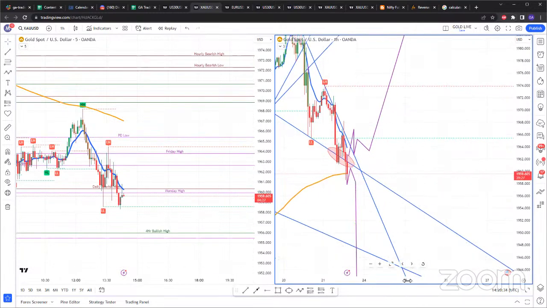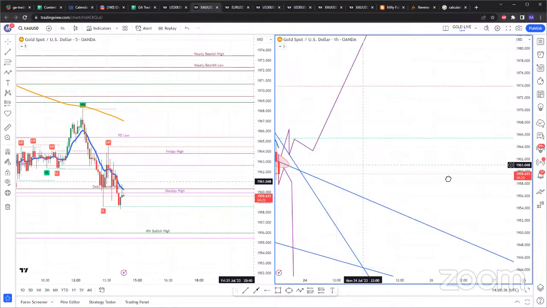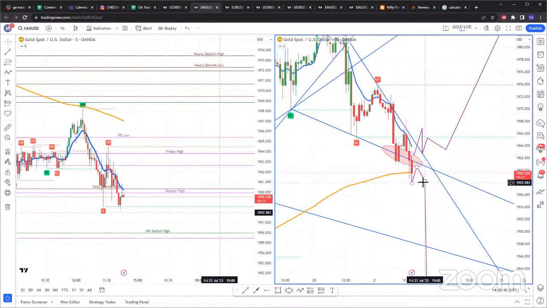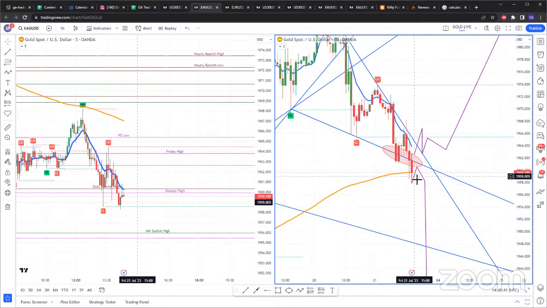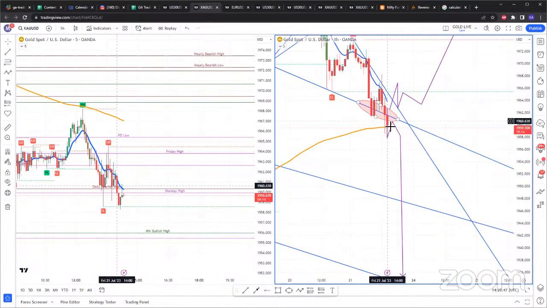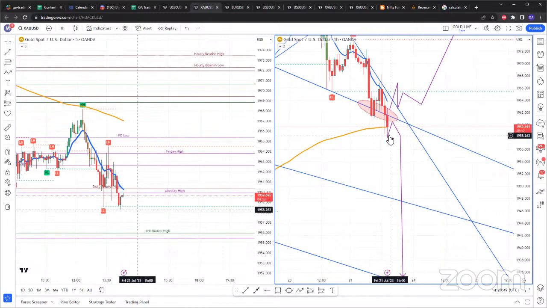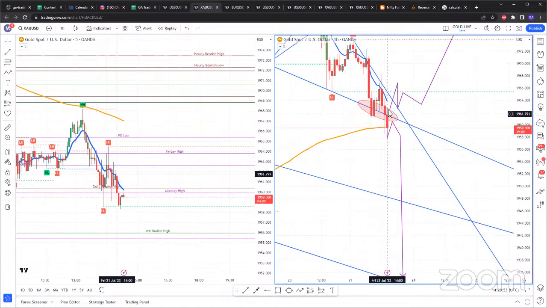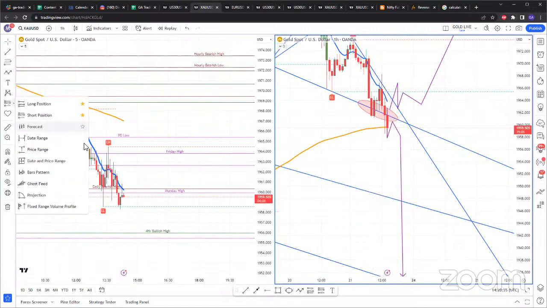So gold closed below that trend line. If we zoom in right here, gold closed below that trend line. For any continuation of this pattern that I marked up here, what we would want to see is gold closing below this trend line on the hourly, because this would be a break and retest, and then a sell entry